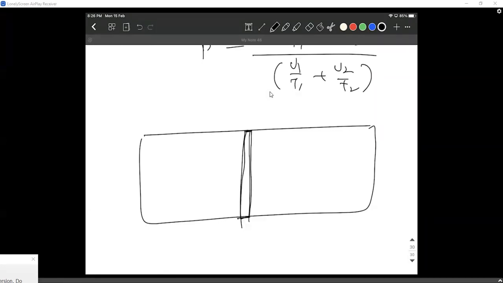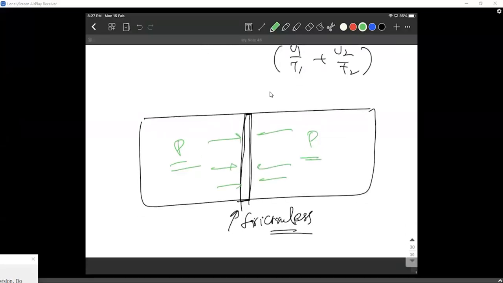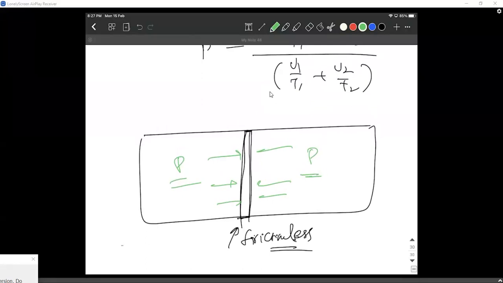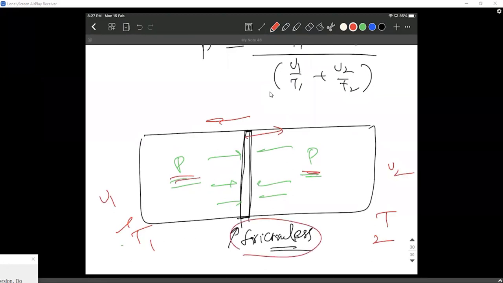This is an interesting one. There are different styles of questions in this. There are questions where the piston is frictionless. Since it is frictionless, the pressure P on both sides must always be the same, because if there is no friction, the pressure must always balance. So they try to heat this up, try to change the temperature on this side. T1, T2, V1, V2, they all might change, like the piston moving from this side to this side. But the pressures must be equal as long as it's a frictionless piston. That is the important point here.